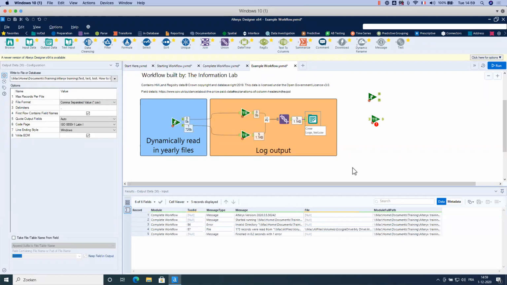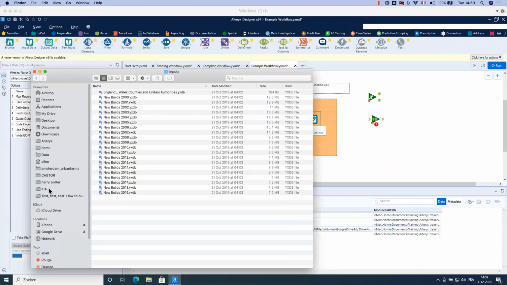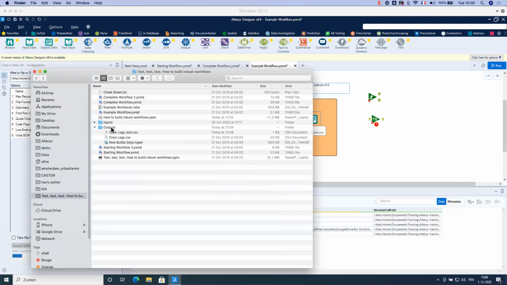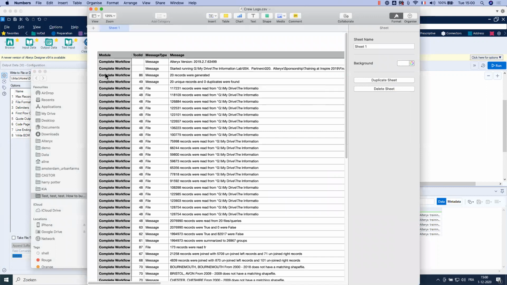So it's pretty straightforward. I will show you what it will look like when the workflow succeeds. Let me open it. Output, this one. So you see here, it's what I will have.